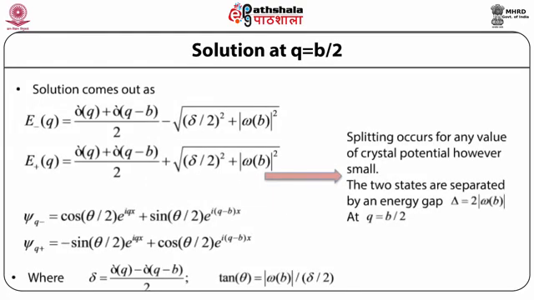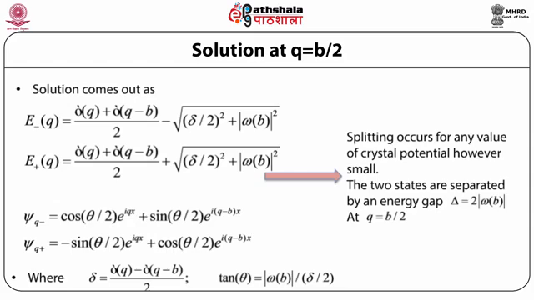Now continuing in determining the solution at q equal to b by 2, we find that the solution yields the eigenenergies and eigenfunctions to be like this. As you can see, we now have two eigenenergies, E negative and E positive, and correspondingly we have two eigenfunctions. So we see that E minus is the kinetic energy at q plus the kinetic energy at (q minus b), divided by 2, minus the square root of (delta by 2) whole squared plus |omega_b| squared,